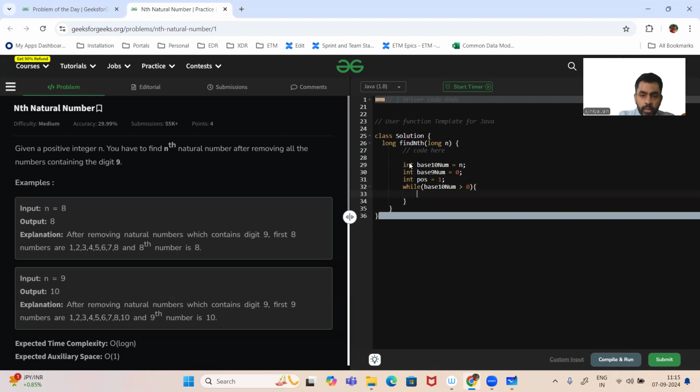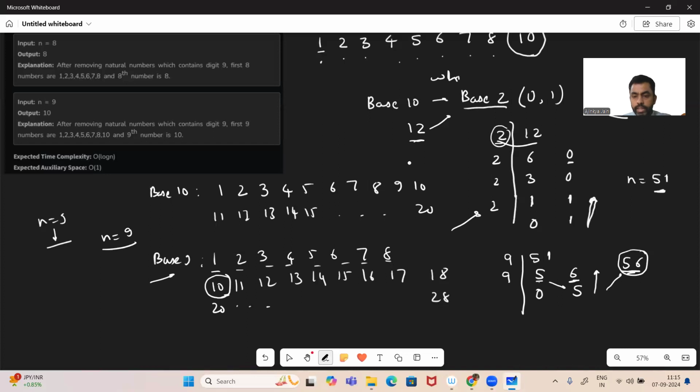Now what we're going to do here is keep on accumulating this base 9 number. How? For example, this will be position times, I'll explain what we are doing here, base 10 num mod 9. So what we are doing here is, let's say,